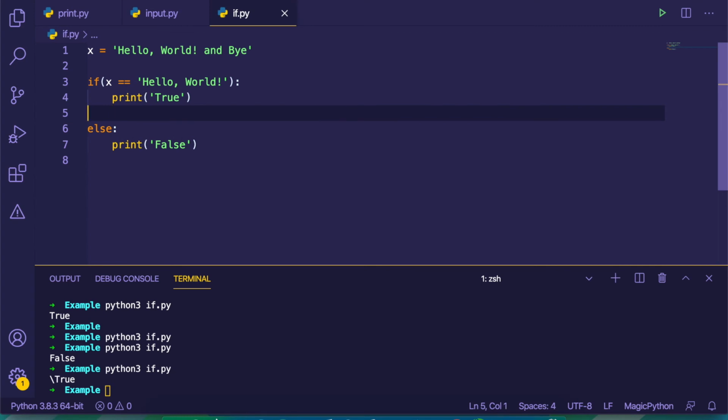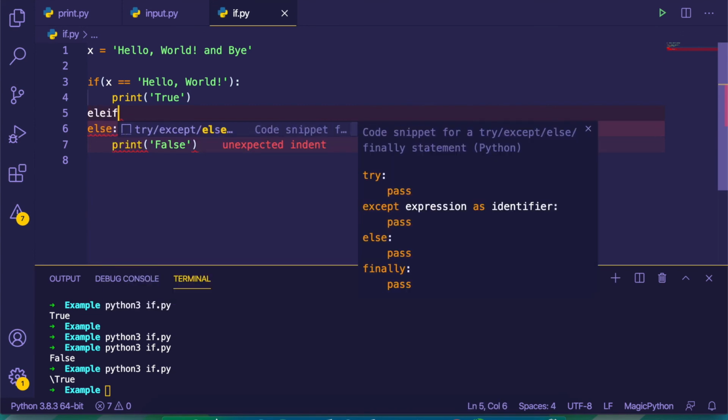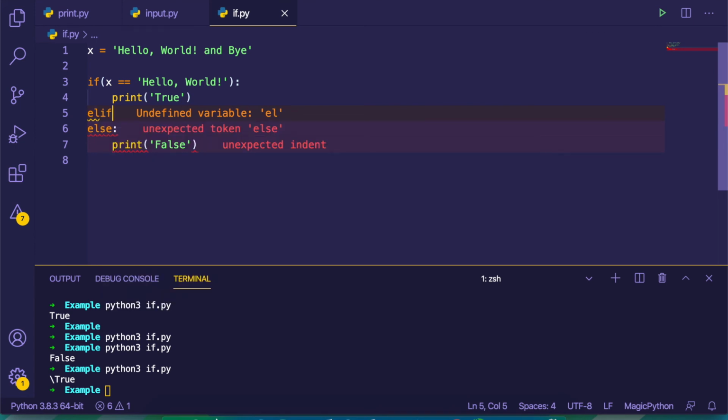So over here we are going to remove the indent, so it must come after the if statement and before the else statement. That is else if, sorry, it is elif, and here we must give a condition.